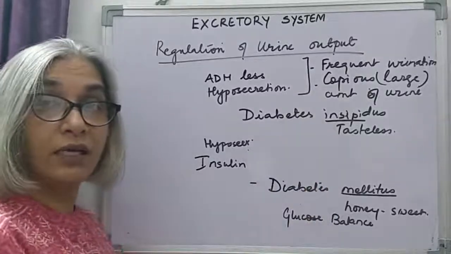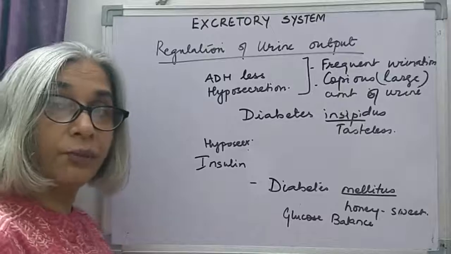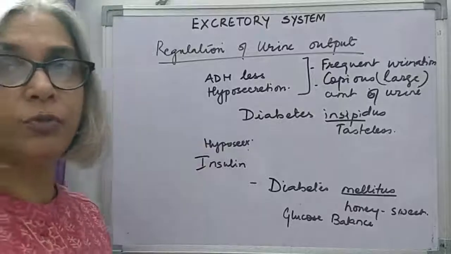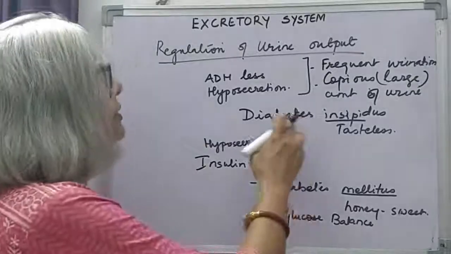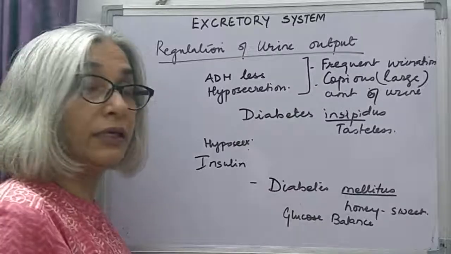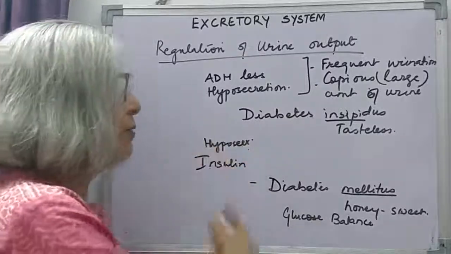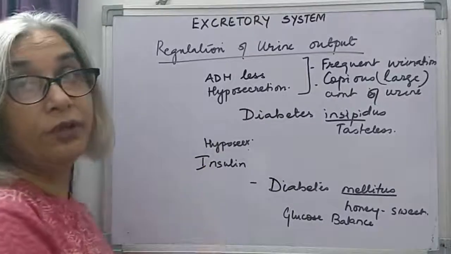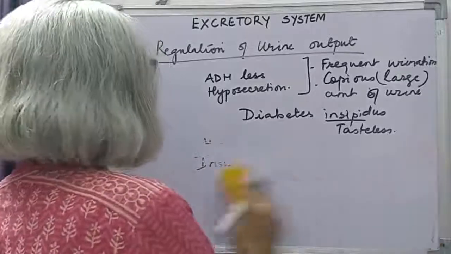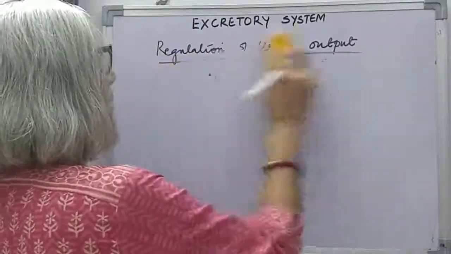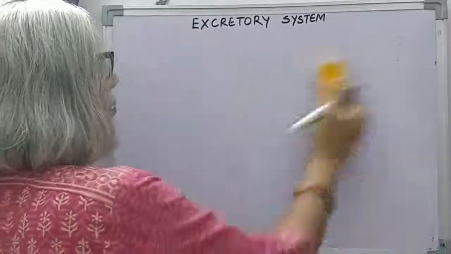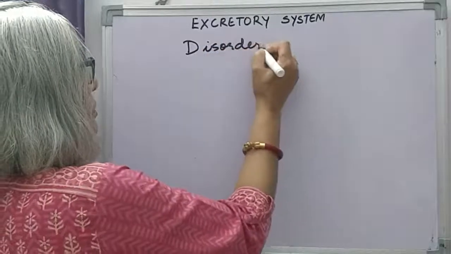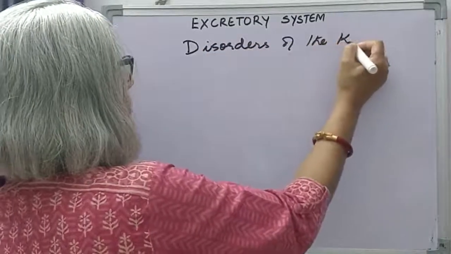All this you will study in greater detail when you do the chapter on the endocrine system, where you will study about the various endocrine glands, hormones produced by them, and disorders. Because we are studying water balance done by the kidneys, this was a relevant thing which I have explained here. Now after this we move to the malfunctioning of the kidney and the various disorders associated with that. So, disorders of the kidney.